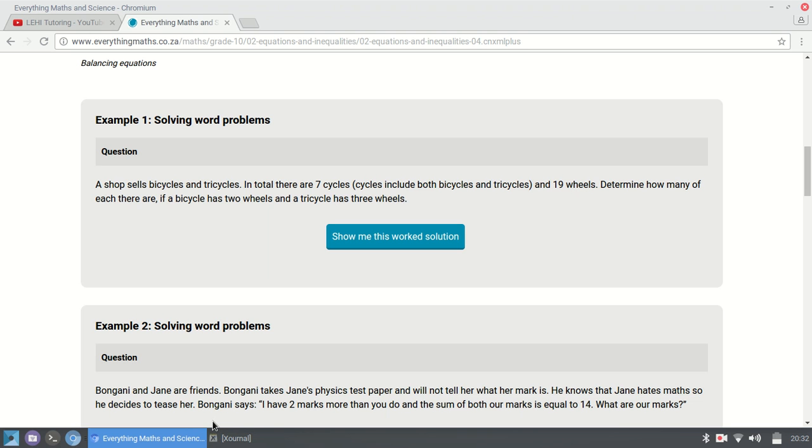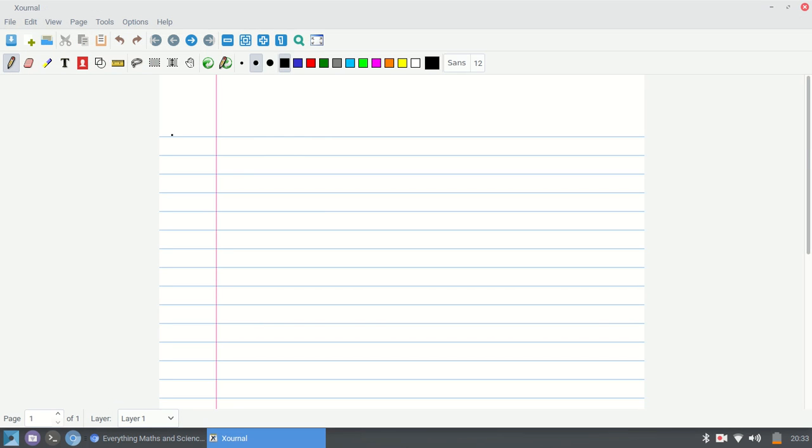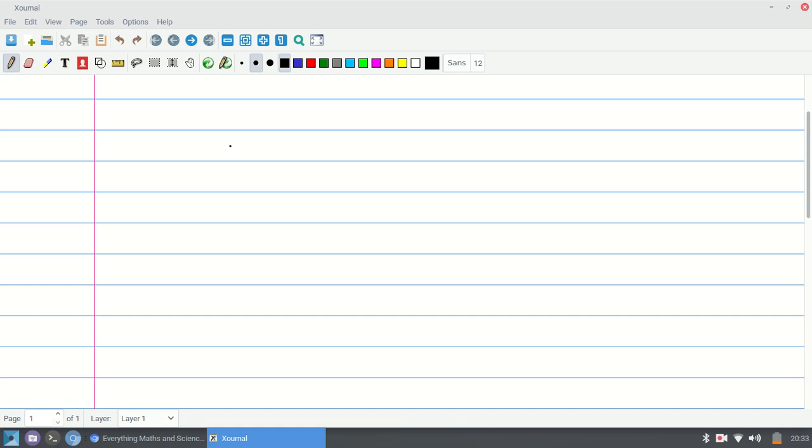If a bicycle has 2 wheels and a tricycle has 3 wheels. We already knew that part, right? We already knew that a bicycle had 2 wheels and a tricycle had 3. So what letters are easy to choose in this case? Well, it's obviously going to be B and T, right? So if I have little b being the number of bicycles and little t being the number of tricycles,